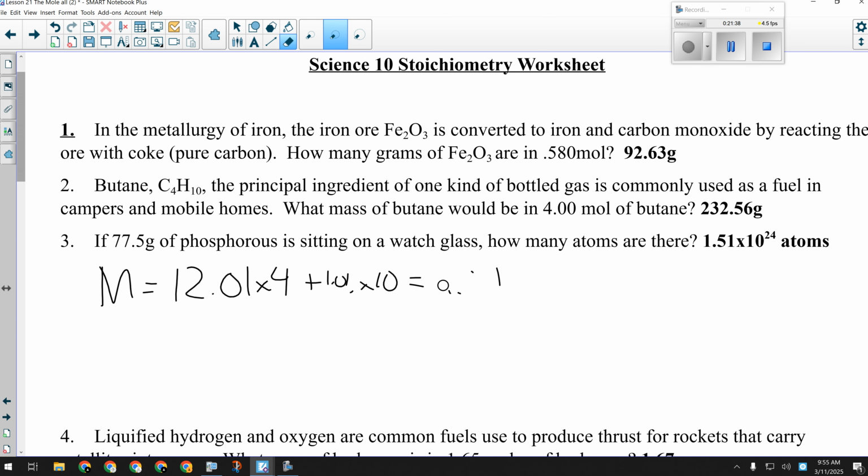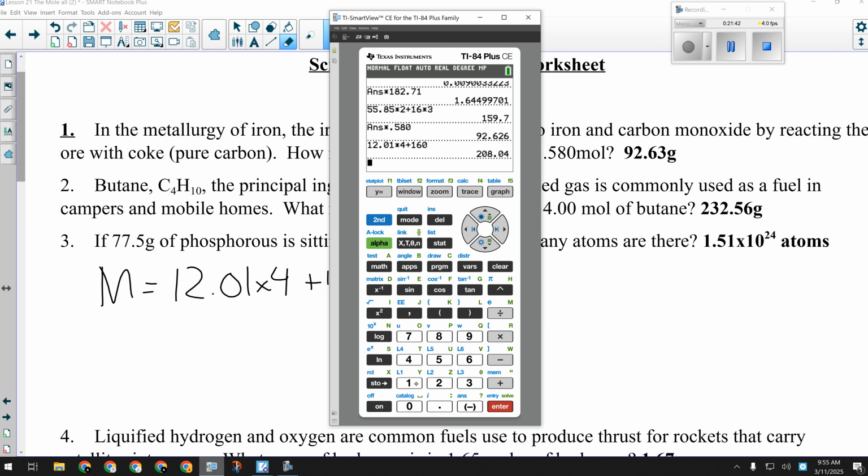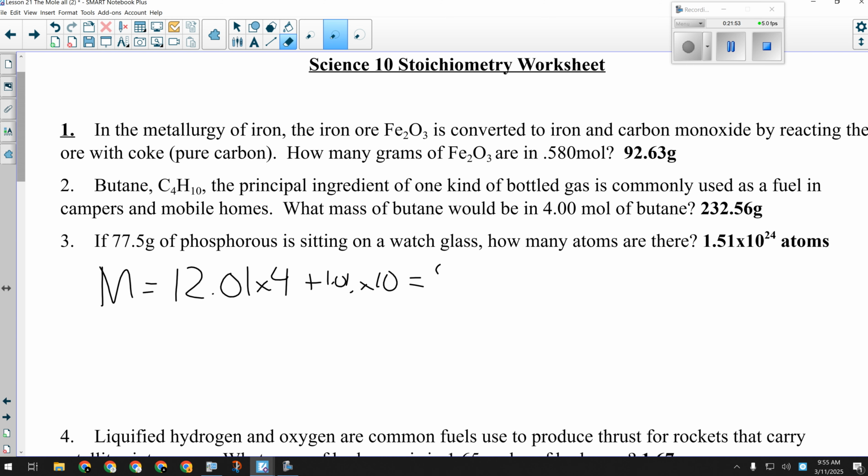So 10.1 plus the 12.01. Let's do that instead. So 12.01 times 4, that number's right, plus 1.01 times 10. All right, better, 58.14 grams per mole. And when they told us the 4.0 moles, they gave us